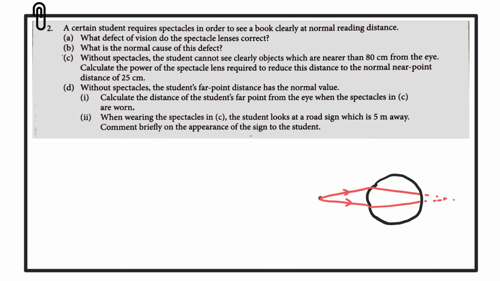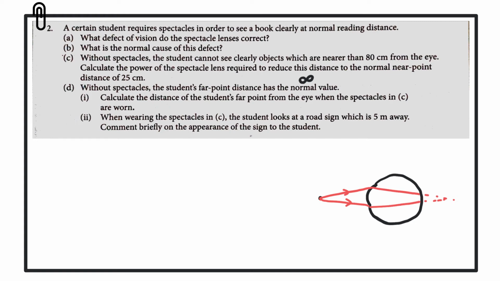Okay, part D. Without spectacles, the student's far point distance has the normal value. So it hasn't quoted this normal value in the question, but you would be expected to know that, and that normal value is at infinity. So first part is calculate the distance of the student's far point from the eye when the spectacles in part C are worn. So what we're trying to do here is to figure out where would an object have to be placed in order for it to create an image at the person's actual far point, which in this case